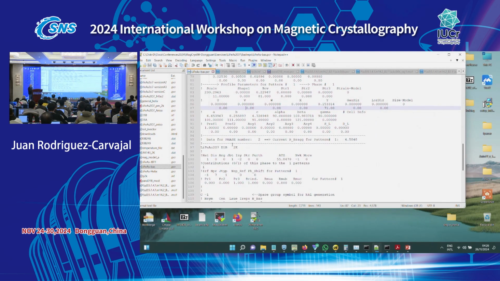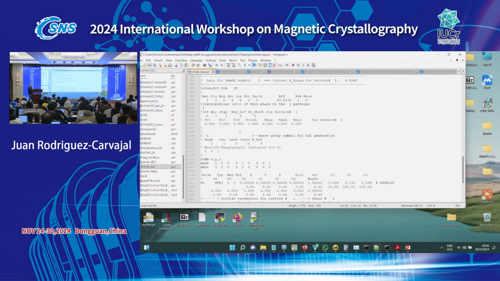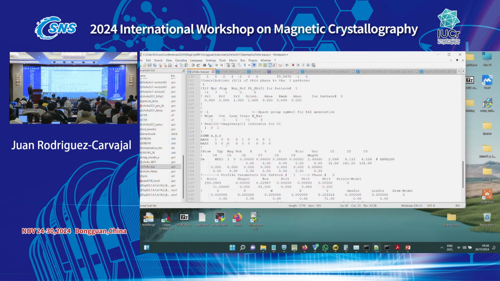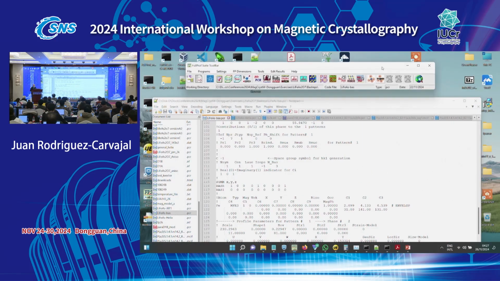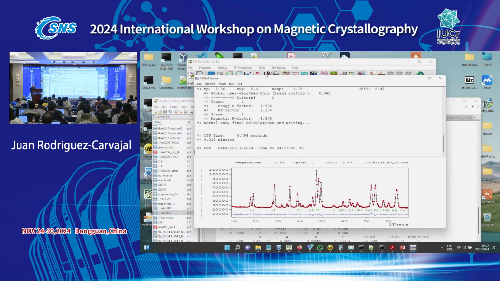And here you have the part concerning the magnetic structure, in which we are using basis vectors of irreducible representations in a simple way. This is a very simple structure, but if we run the program, you just click on FullProf, and that is finished already.